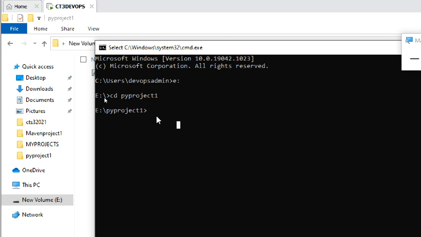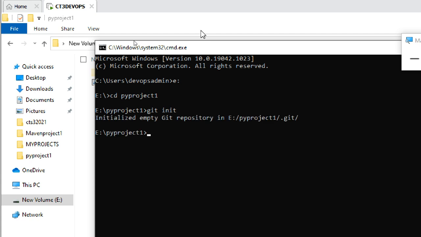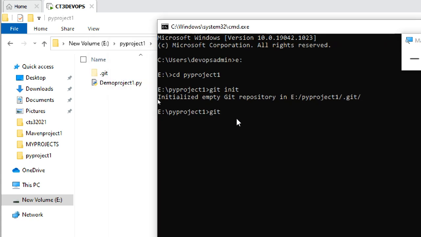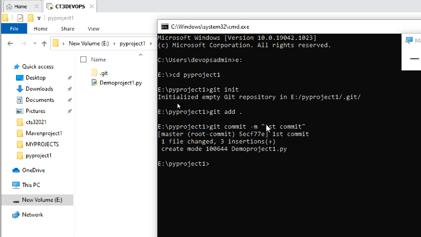Now tell me how to initiate the Git. Git init. So empty initiation. Next, git add. I added. Next, git commit. Already all files are added, so no problem. So directly I can commit my first commit. Now it is in Git. Now it is a local repository. Local repository completed. Now the remote one.